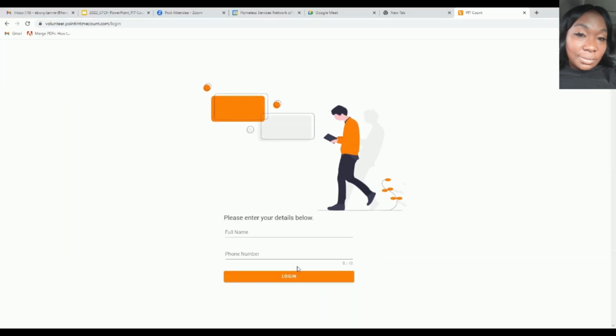Quick note to yourself, if you've done this surveying previously, make sure that you are completely logged out of PickCounter and are starting brand new, as it has the capabilities to remember you from a previous year and will upload that year's survey code and can possibly cause issues. So you want to ensure that you're fully logged out, are using the correct updated survey code, and you're going to log back in. So you're going to start by entering your full name,